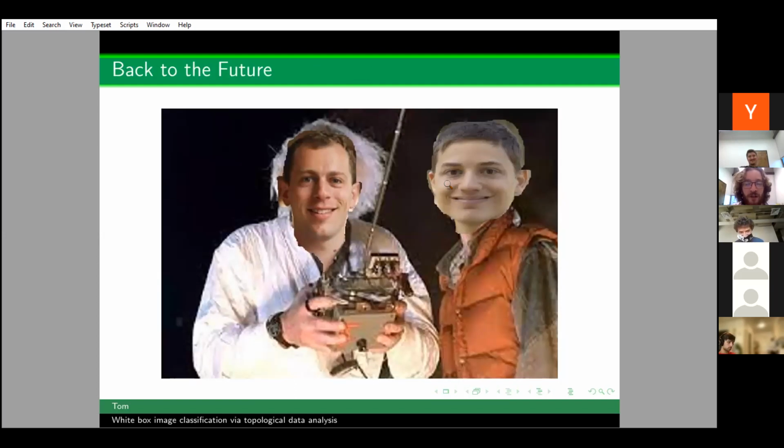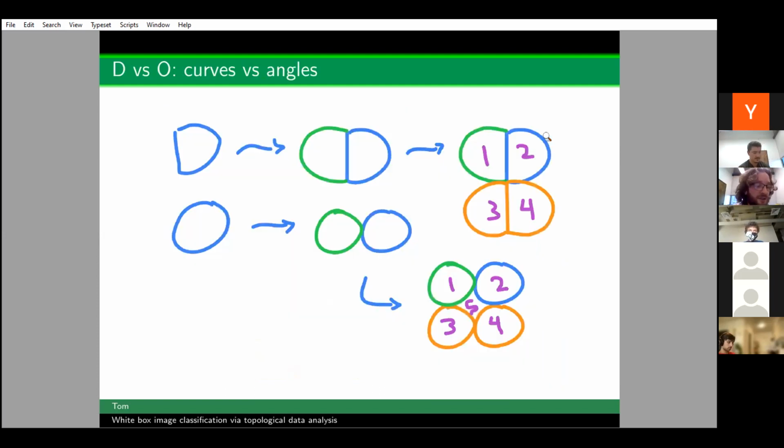Okay, so we can now go back to the future and apply TDA to our algorithm. Now we have a way of actually approximating the first homology of our images. I'm not going to go through the entire alphabet and tell you exactly how each letter gets separated from one another, but I thought I would choose some illuminating examples and draw them on the slides. So one example that I think is pretty interesting is how you can separate between a D